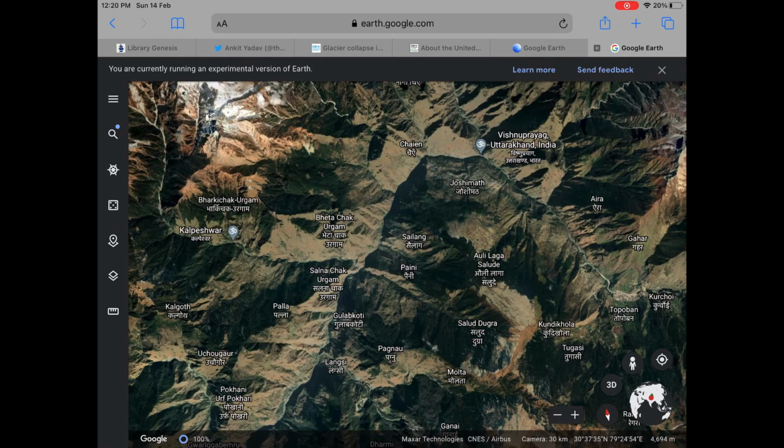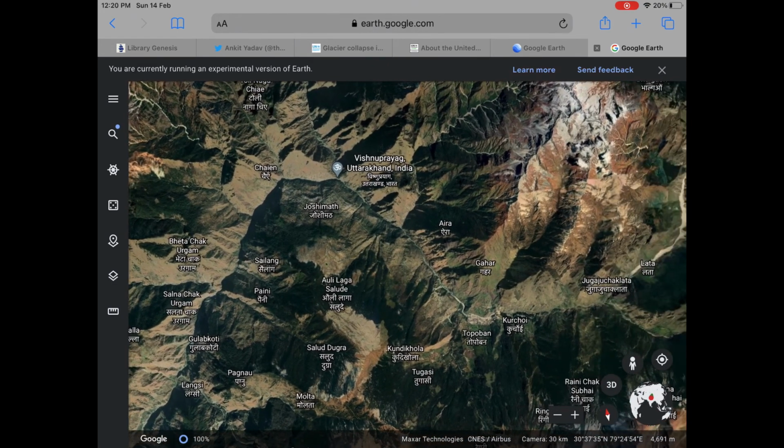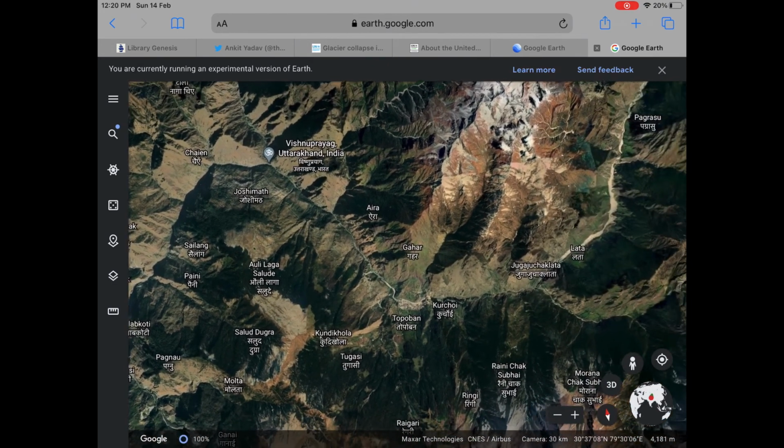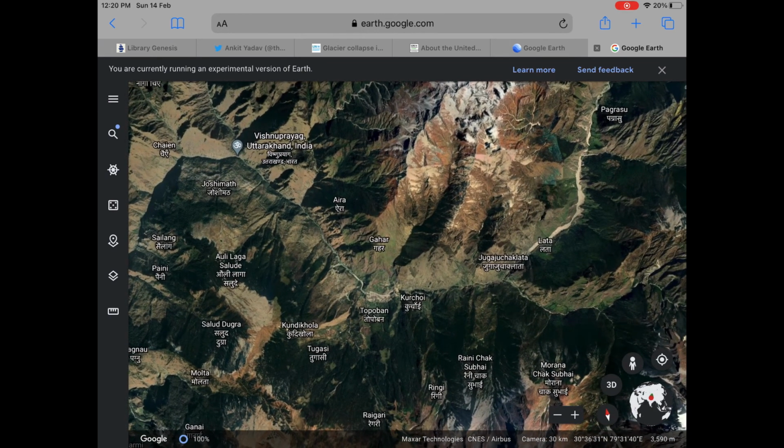Because of that, glaciers have been melting faster, and glacial lakes have been outbursting, creating flash floods around the mountains. So this is the topography of the area where the flash floods have occurred.